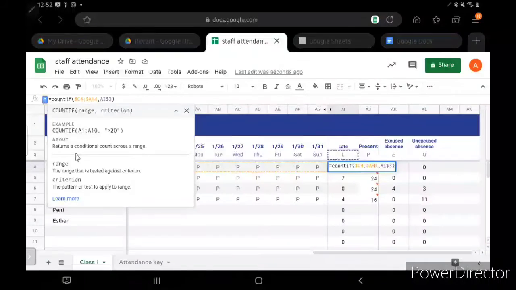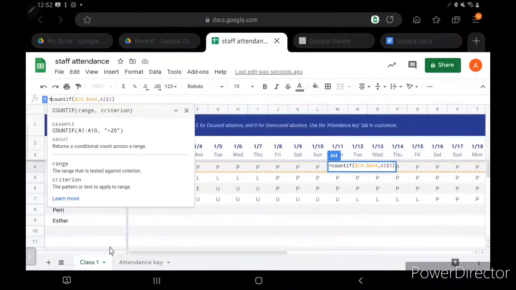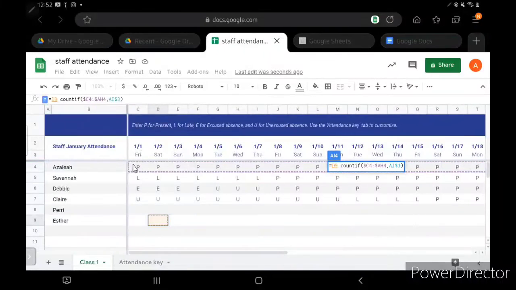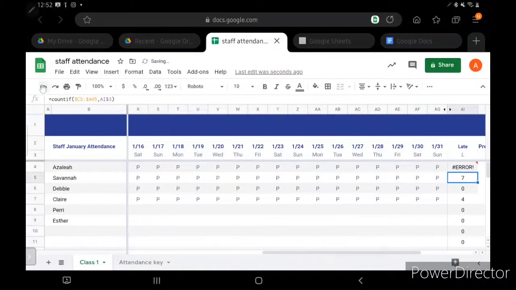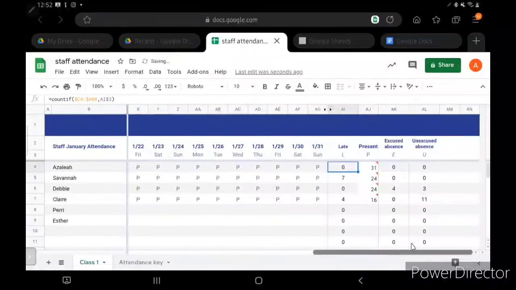So instead of me going through each of the staff members every single day and counting how many times they were present, I can just use the COUNTIF formula,